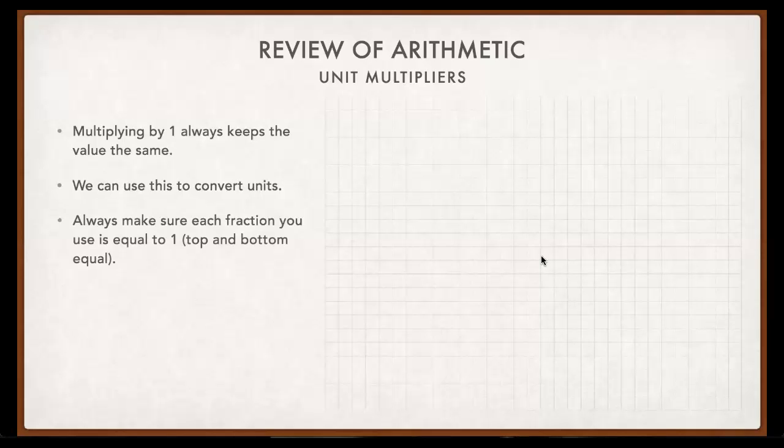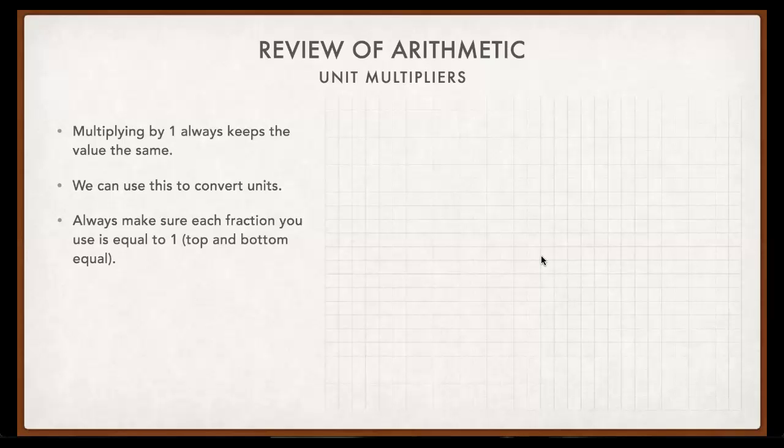We're going to do this by multiplying by fractions. I'll show you an example in a moment, make this a little bit clearer. But when we're multiplying by these fractions, we have to make sure that each one we use is equal to 1, namely that it has the same value on the top as the bottom, that the top and the bottom are equal,